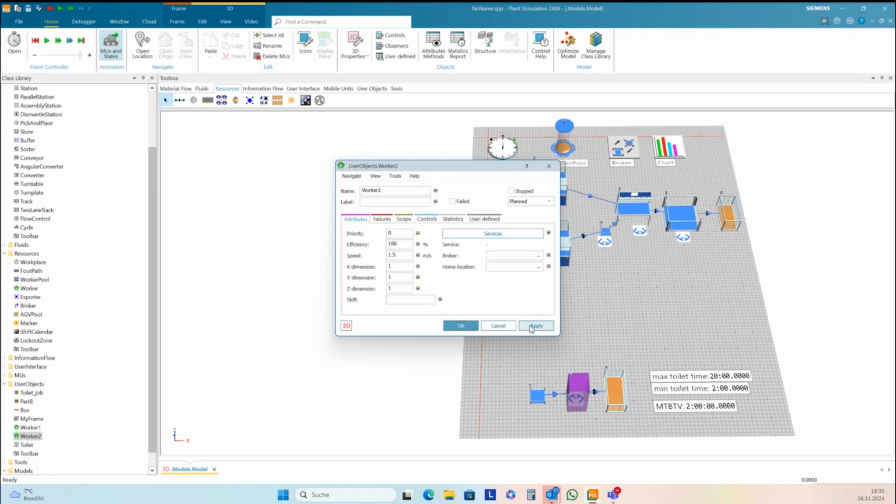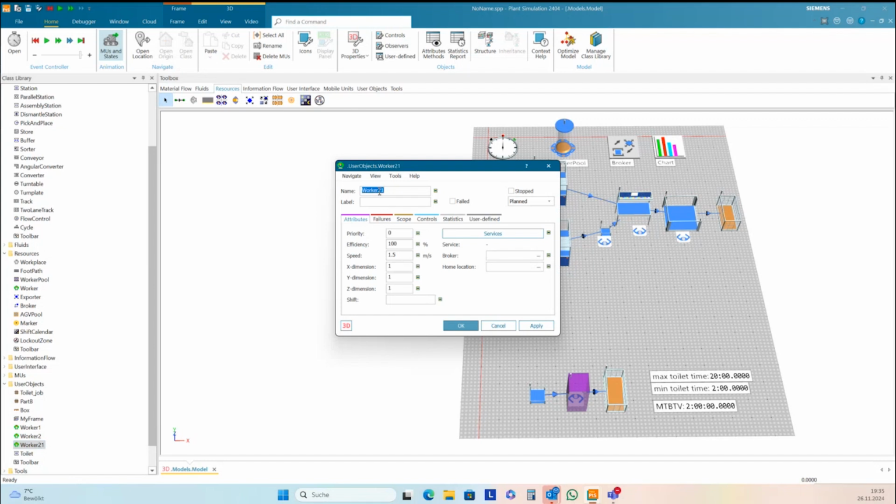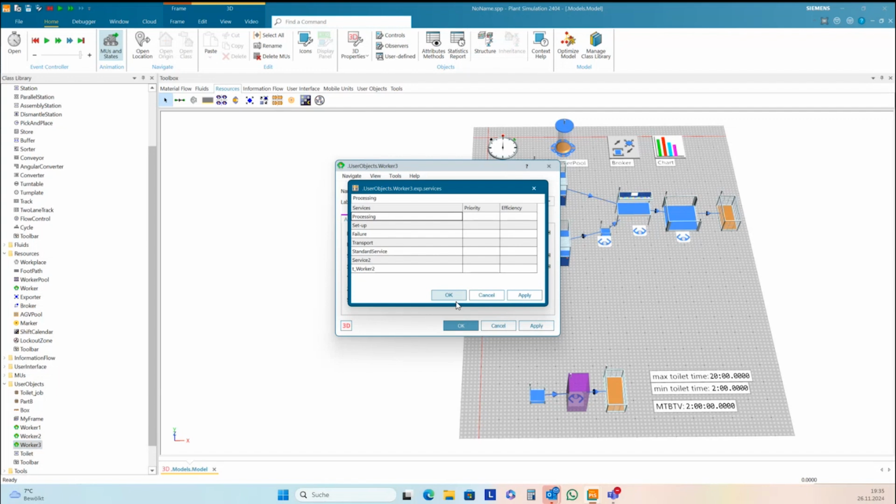And one more. So I take this one, duplicate it again, and make it to worker 3. Change the services.